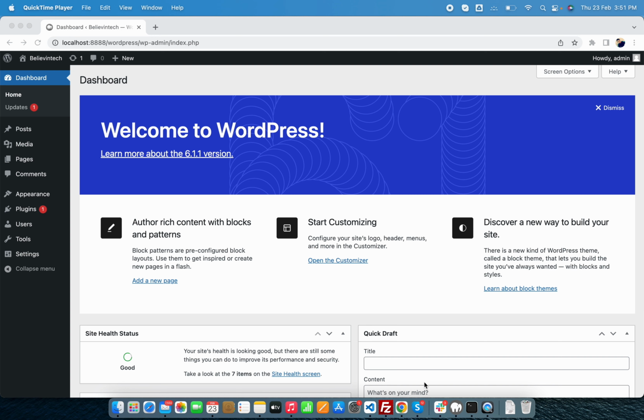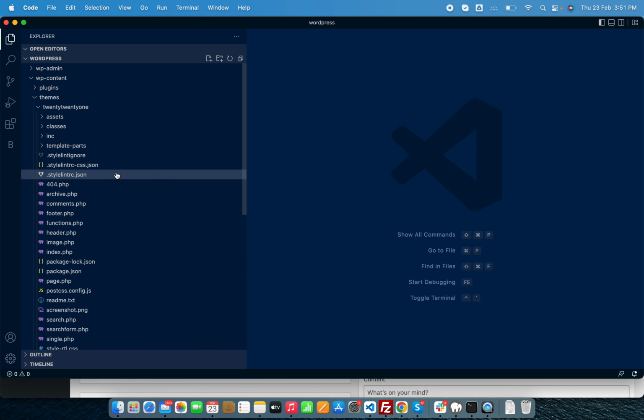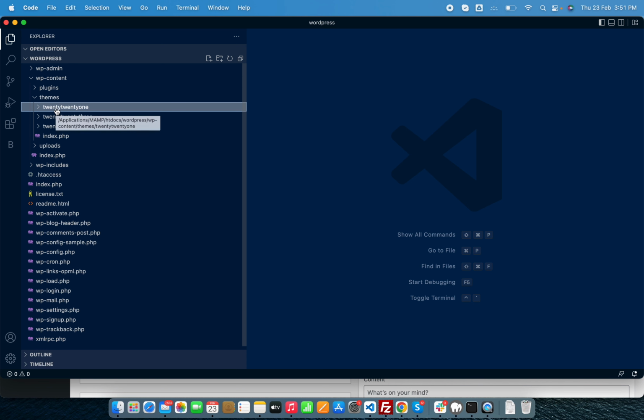So first you need to go to your WordPress folder. Inside the WordPress folder, you need to go to the wp-content folder and the themes folder. I am making a child theme of Twenty Twenty-One.